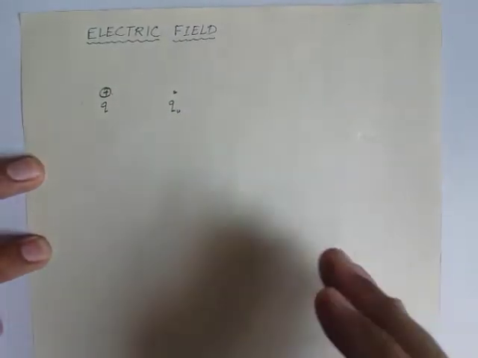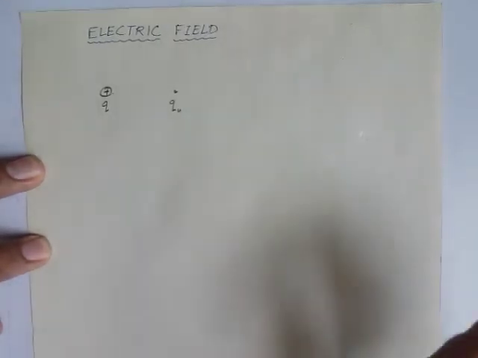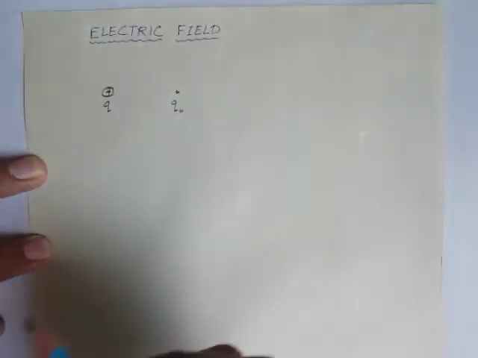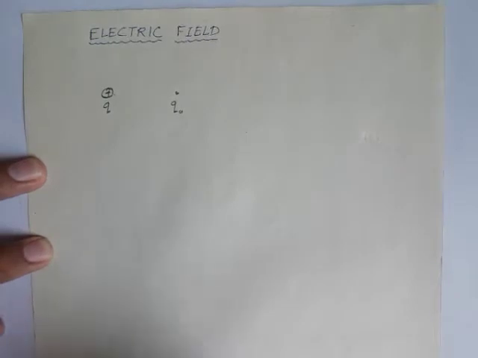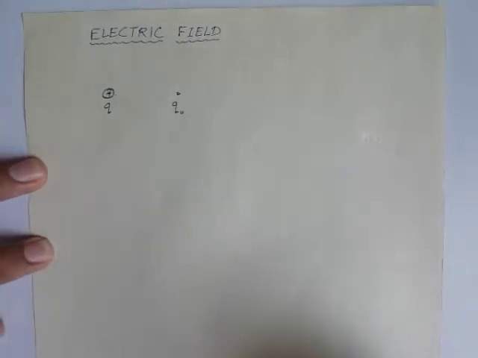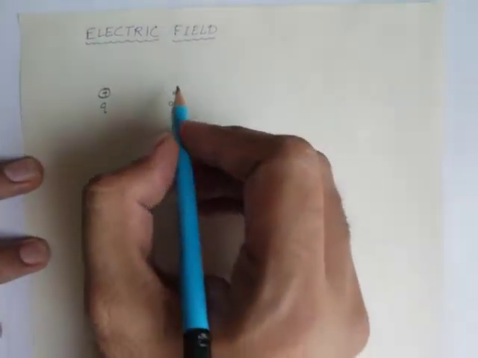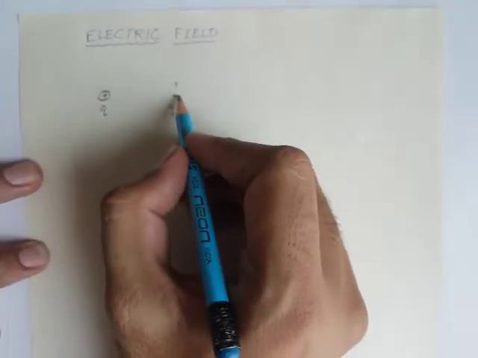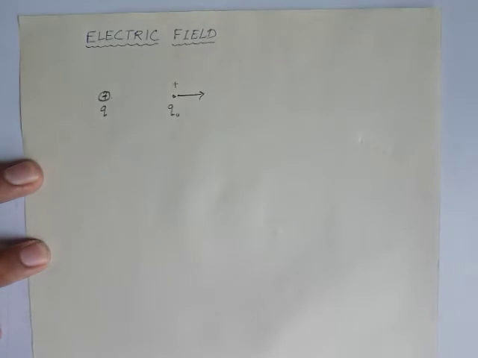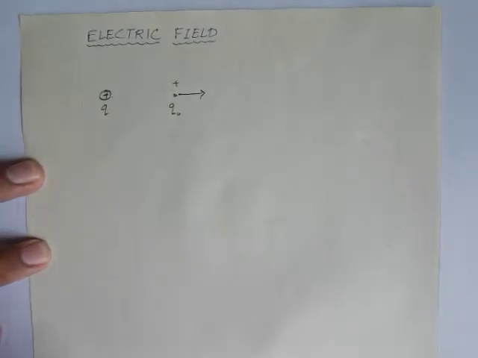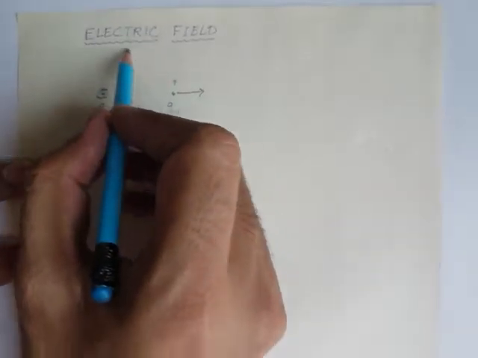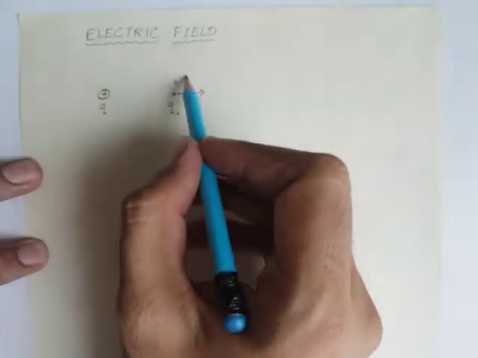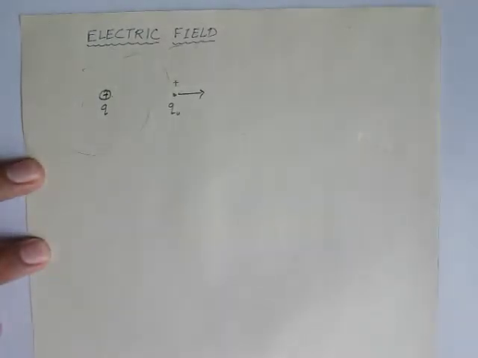Okay, so the electric force acts between the two charged bodies even without any direct contact between them, meaning they are going to attract or repel. If we consider this as also a positive body, they are going to repel and the force will act in this direction. So it is assumed that the charge Q that we are taking produces an electrical environment in this surrounding. It is producing it everywhere in that surrounding,